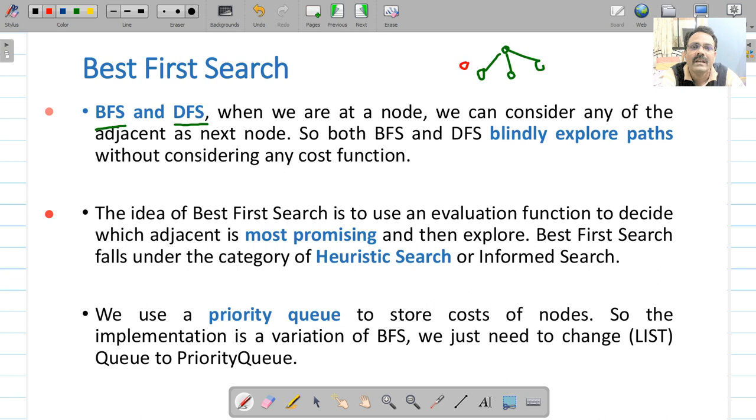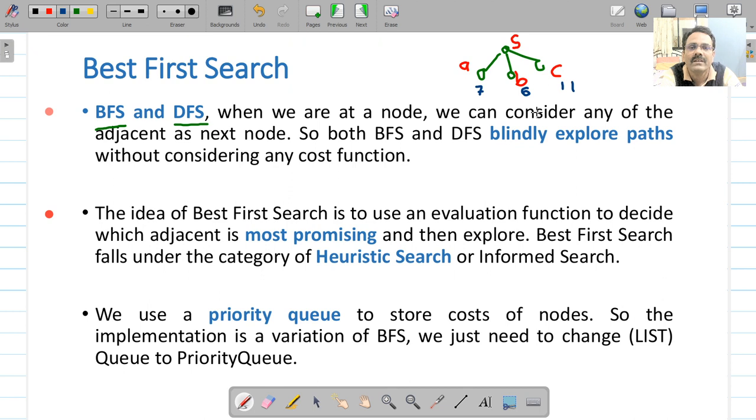This is node A, this is node B, this is node C, and this is the starting node S. Suppose the costs are 7, 6 and 11. Best first search will select the most promising node among these three, A, B, C.